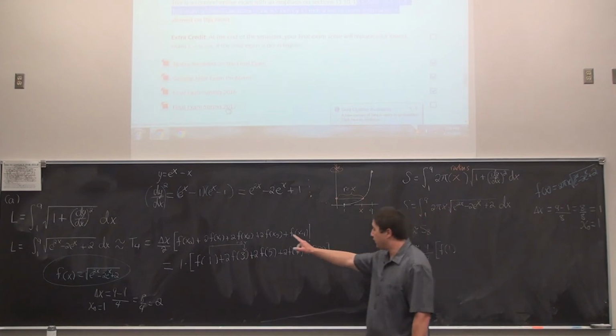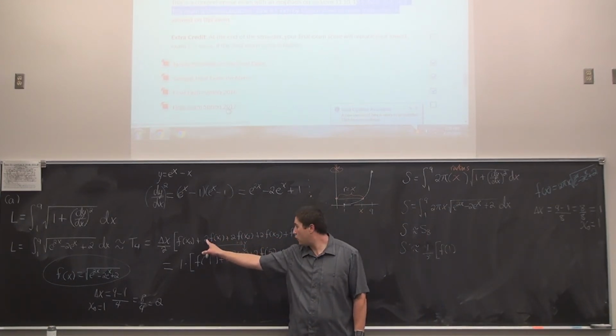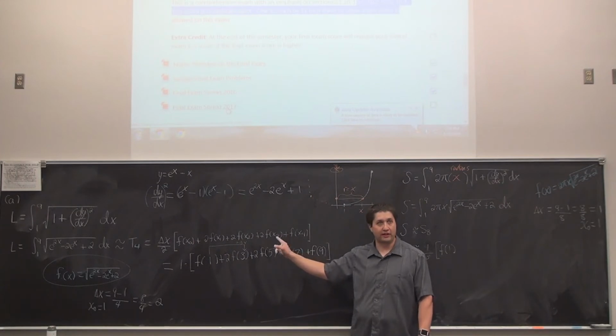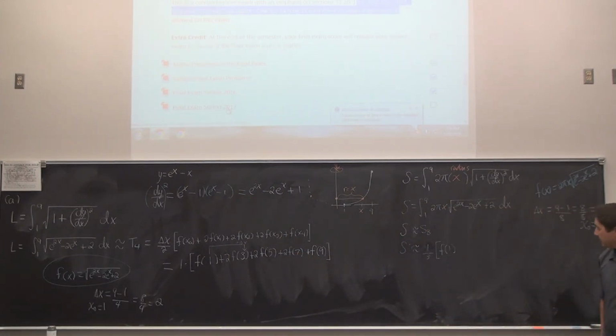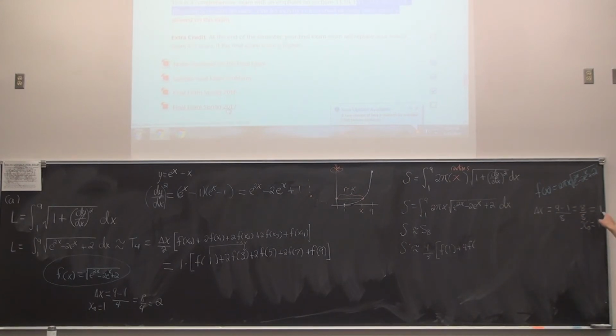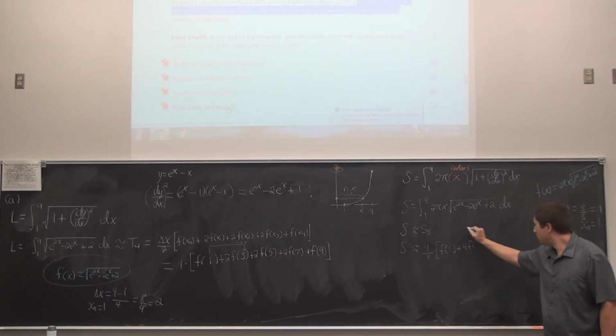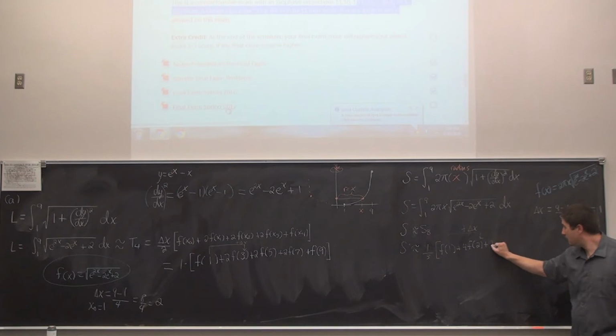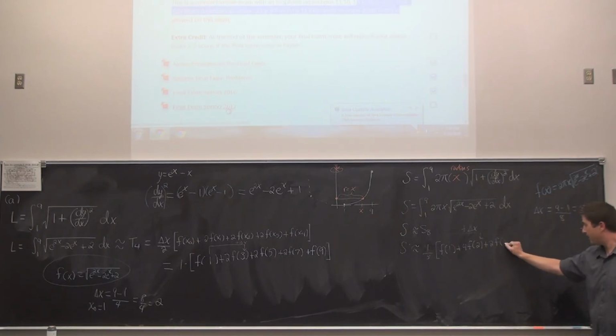Okay, it's effectively this kind of formula. However, if it's Simpson's rule, we'll do 4, 2, 4, starting on a 4 and ending on a 4, but repeating 4, 2, 4, 2 as many times as necessary. So the next one will be plus 4 f at, delta x was a 1, so we do at 2. So plus delta x. Then we're changing this to a 2, f at delta x, so it's f at 3, and then so on down the line. So really this is just a lot of copying. But I guess the reason for 8 subintervals was just to make the computations a little bit nicer down the line.